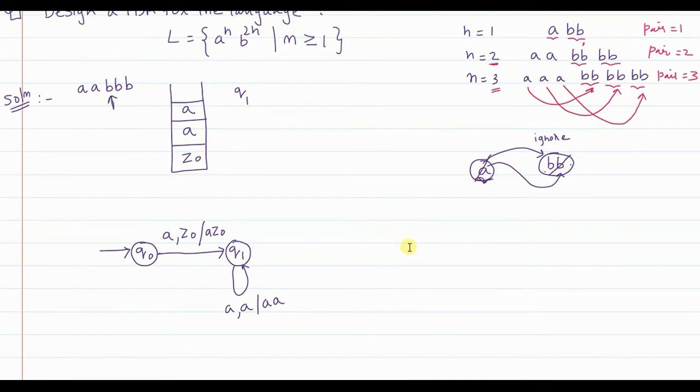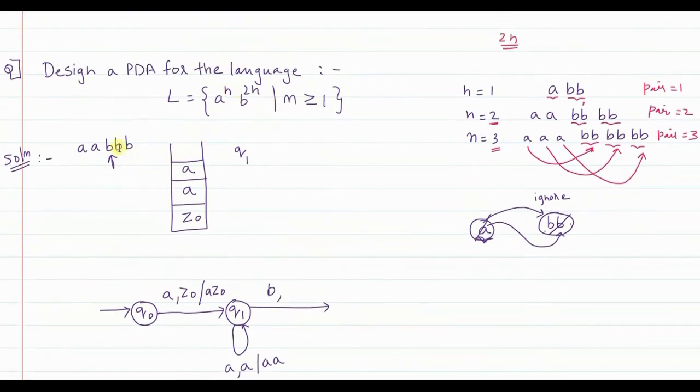So now, after pushing the second A onto the stack, the pointer moves to the first element, that is B. So when I am in Q1 state, and at that time if B is encountered, the first B that is encountered in Q1 state, what is there on top of the stack? Since it is the first B, obviously on the stack there should be A and nothing else. So when the first B is encountered and the topmost element of the stack is A,